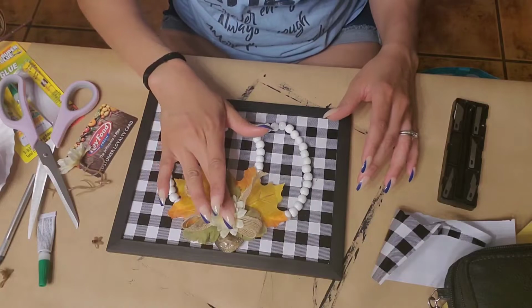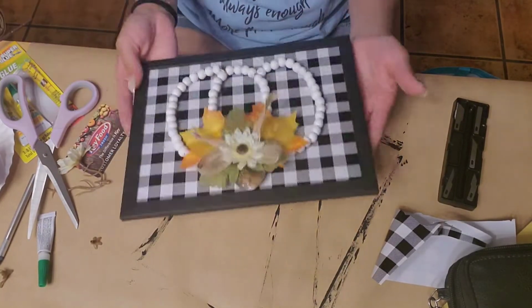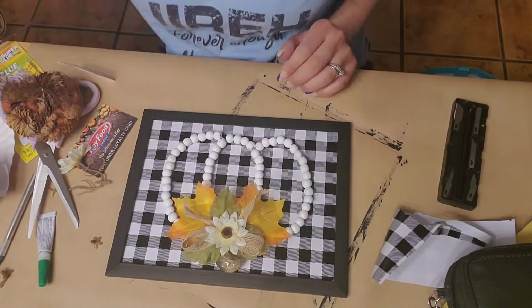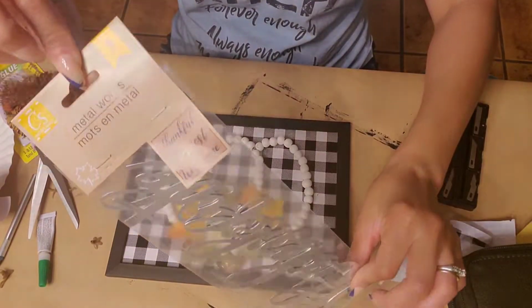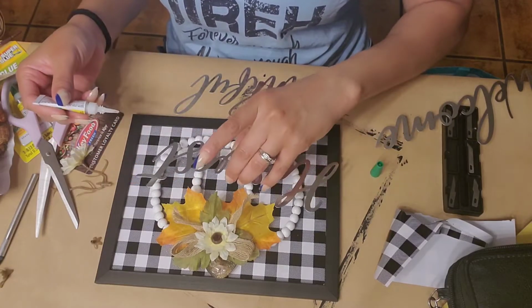Give it a second to dry. And now it's time to prepare for the hanger. So I took the same, apparently not. I'm gonna add first this sign, which I could have done at the end, but I used one